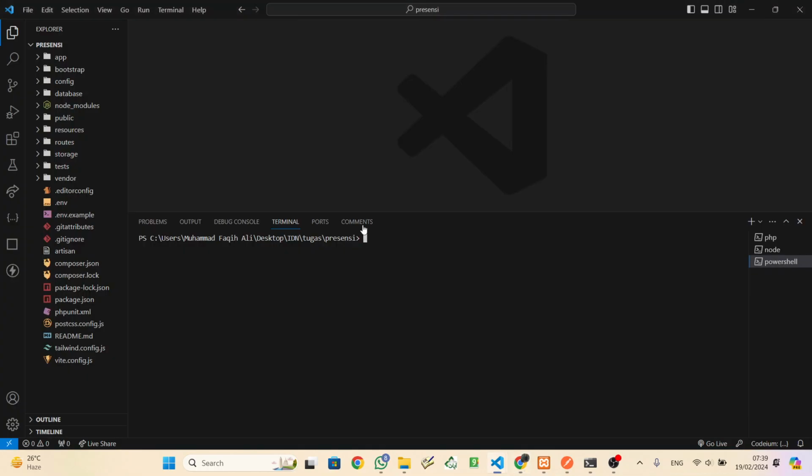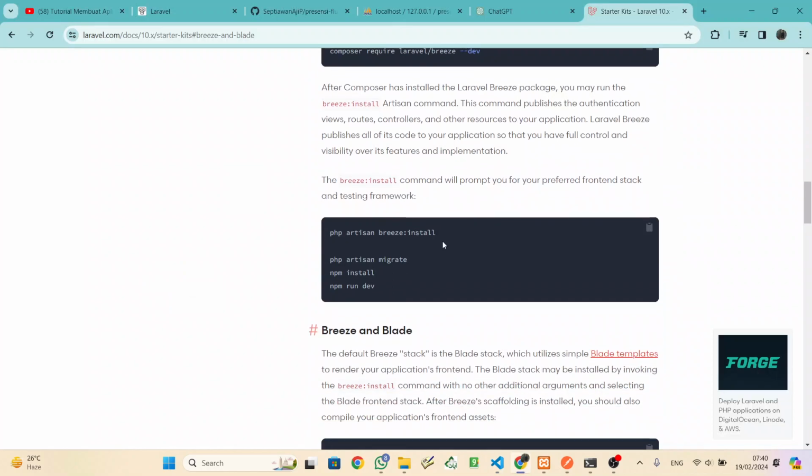Composer require laravel/breeze --dev, like this, and then enter. After that, Laravel will install the vendor files of Breeze, and then run php artisan breeze:install.